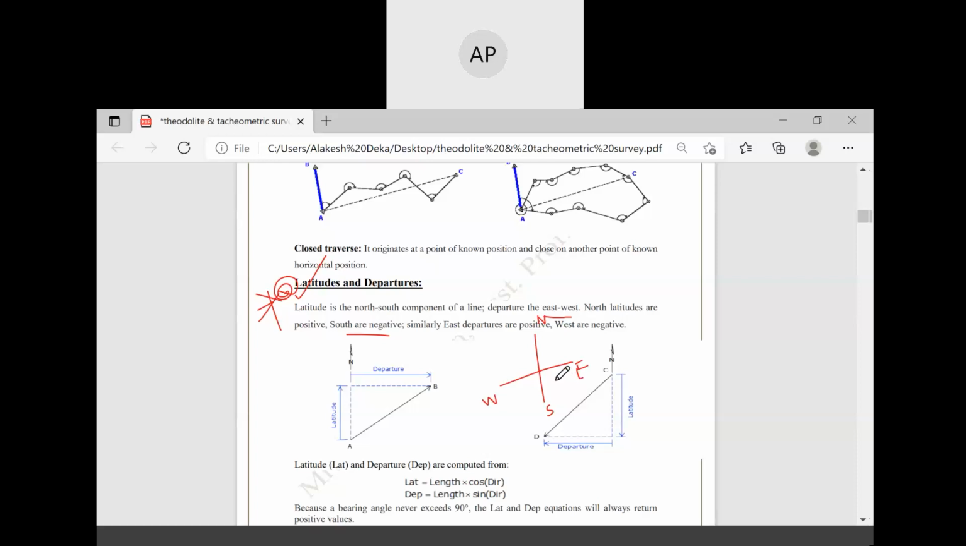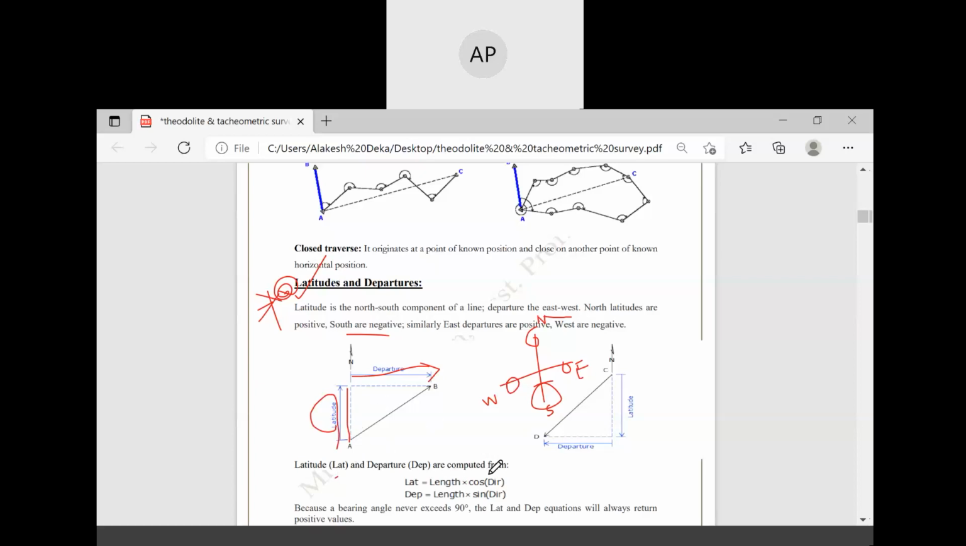So here south is negative, you know already, and north latitudes are always positive. Similarly, east departures are positive and west are negative. Already in compass traversing you know the quadrants and where the positive signs and negative signs lie. So this line is called departure and this north-south line is called latitude. Okay,